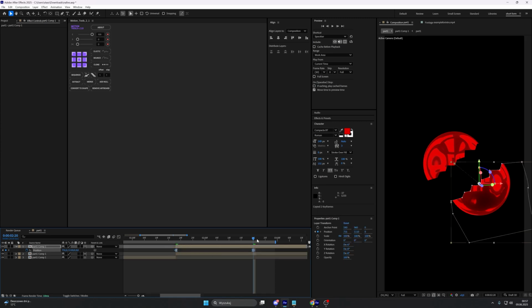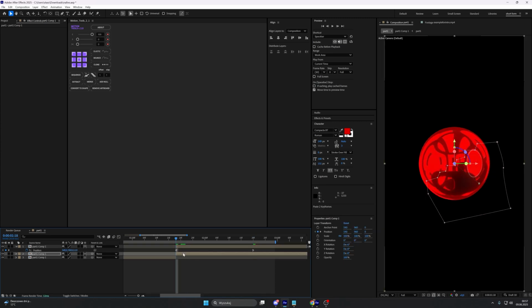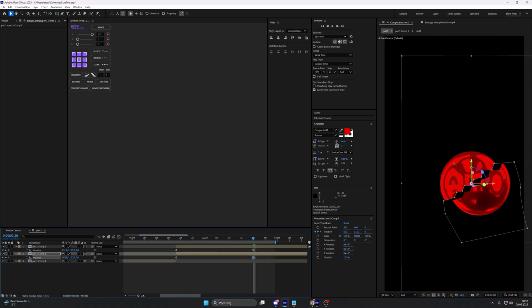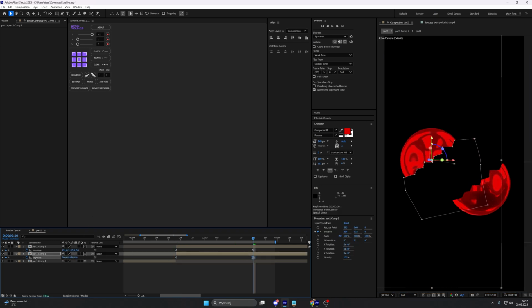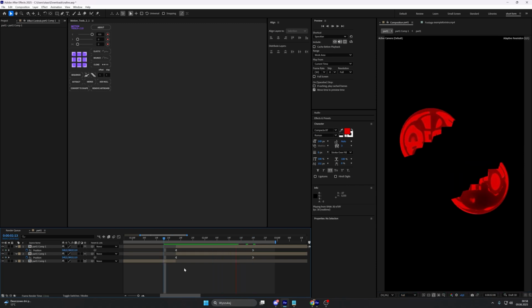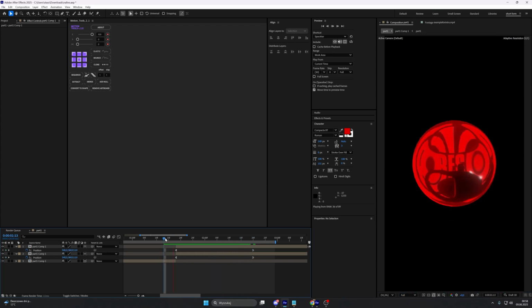Now let's copy these keyframes and paste them there, but let's change the position for this to the reversed position of our first element. Okay, it should be exactly in front of the first element. Okay, perfect, looks like this. Yeah, this movement is actually